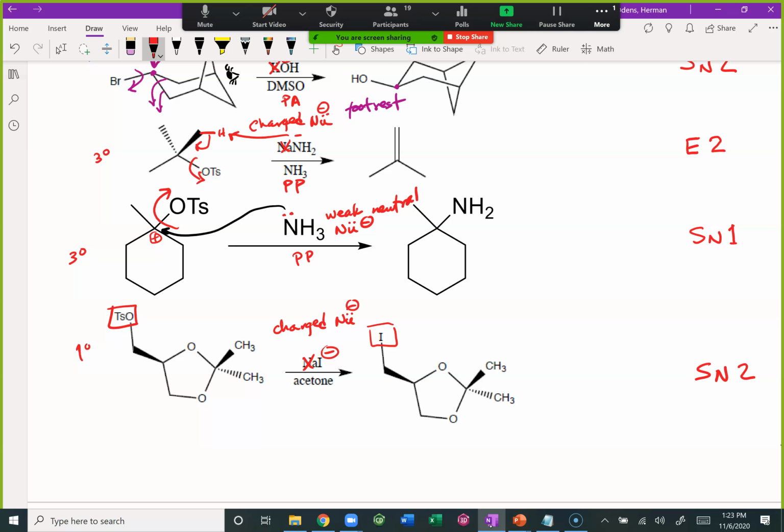All right. Acetone looks like this. It's a ketone with 2 methyl groups. Is that protic or aprotic? Polar protic or polar aprotic? Aprotic. We don't have an H next to an electronegative atom, so this is polar aprotic. So it's prime time for SN2,